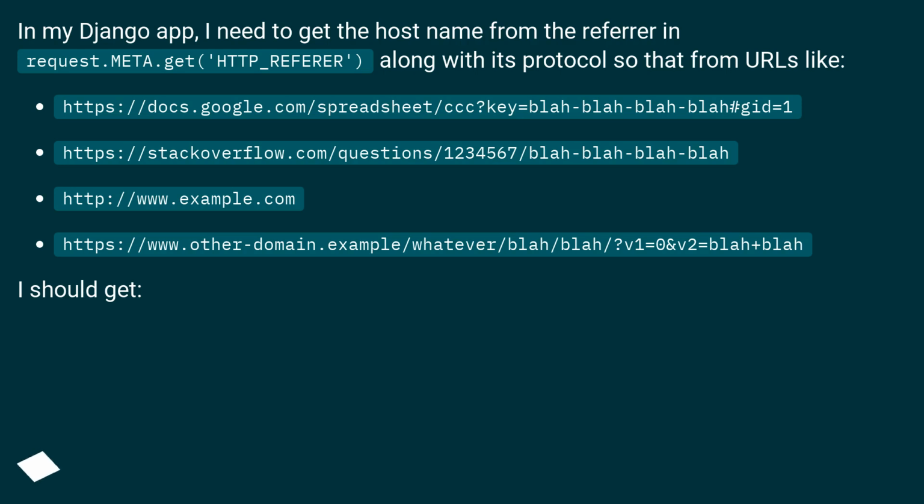https://stackoverflow.com/questions/1234567/blah-blah-blah http://www.example.com https://www.otherdomain.example/?v1=0&v2=blah+blah